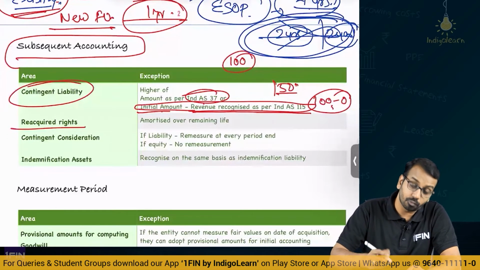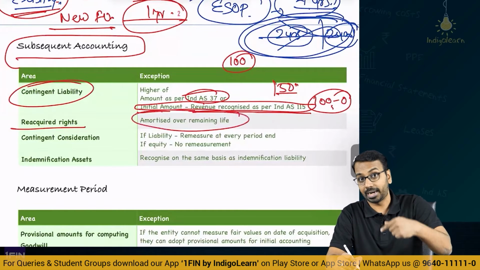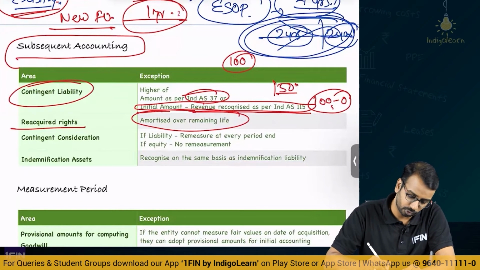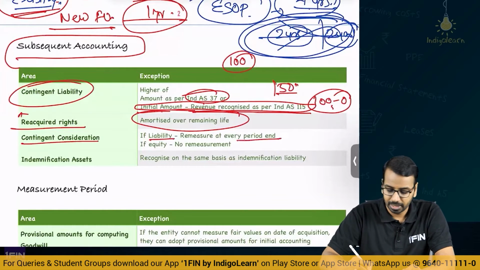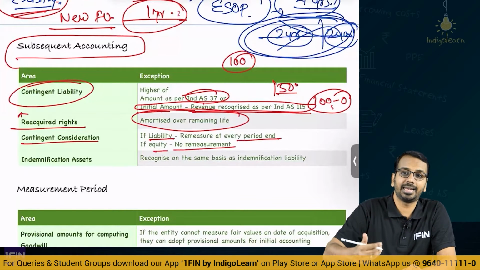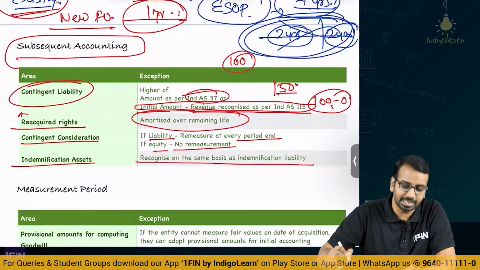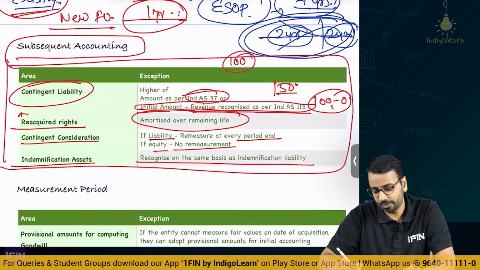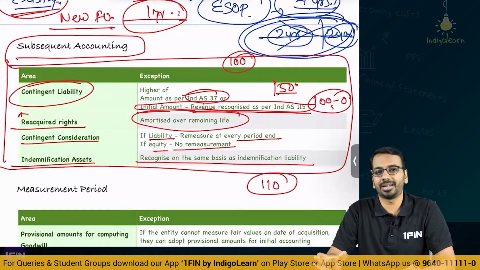Then reacquired rights, whatever is the value of reacquired rights, you will amortize it over the remaining life. So, the reacquired right that you have acquired, you will amortize it over a period of its life, not very important. Contingent consideration: if liability, remeasure at every period end. If equity, no remeasurement. As per Ind AS 109, equity is carried at the initial amount only, you will not do any remeasurement. Indemnification asset is on the same basis as indemnification liability. This part generally will not come under Ind AS 103. When you do Ind AS 110 consolidation, at that point of time it can trigger, but not very critical